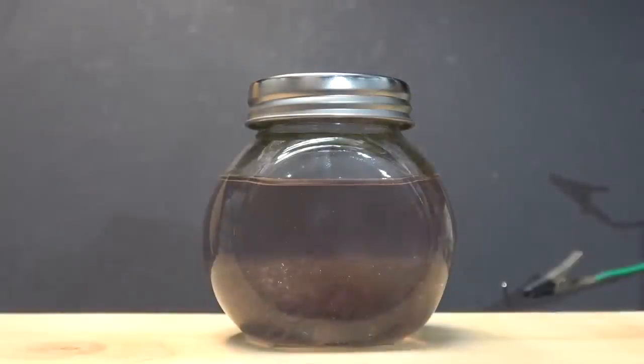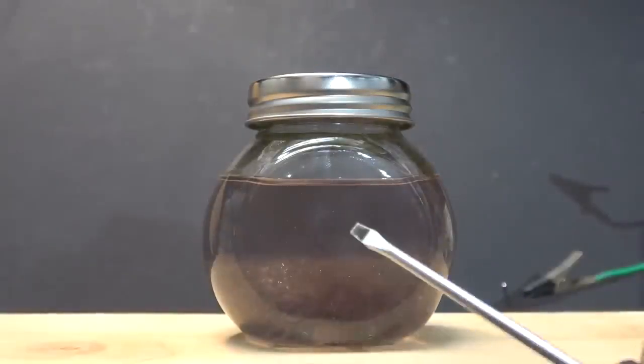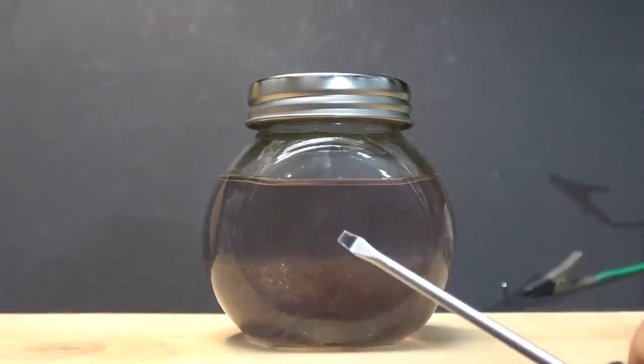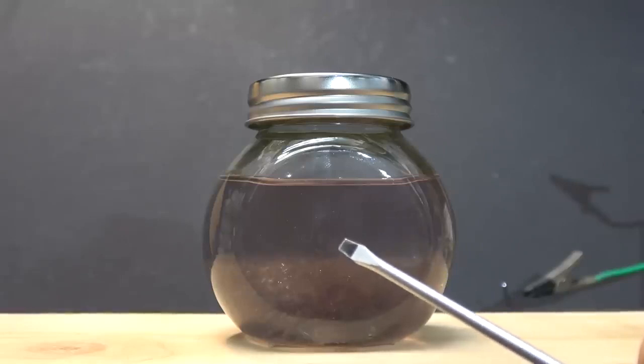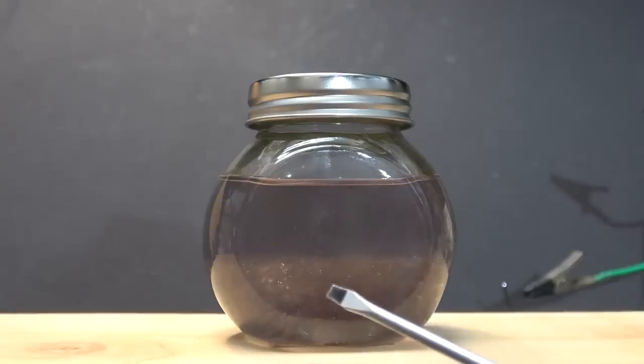So here it is after 24 hours. You've got two distinctive layers. You've got a clear layer on the top here. This is the part where all the plastic is dissolved. We've got a cloudy layer on the bottom. This part here is not dissolved because there's not enough acetone to dissolve it, so I put too much plastic